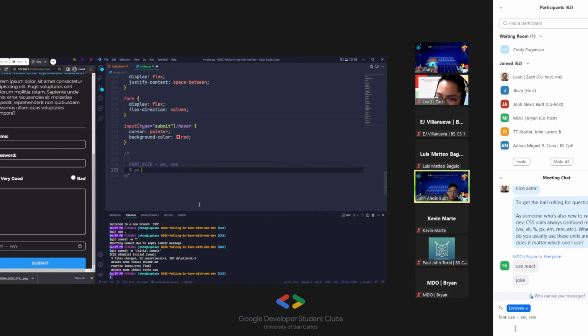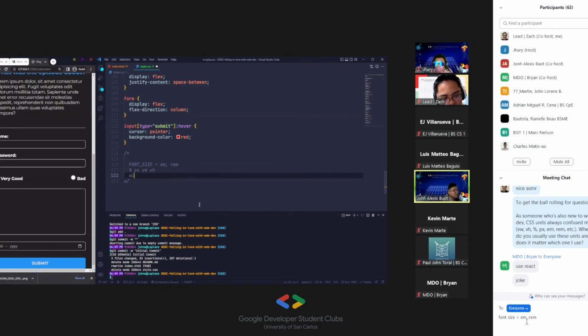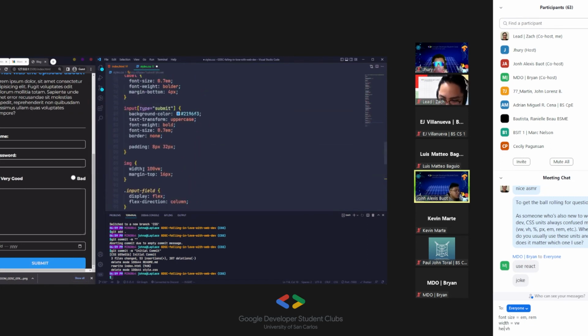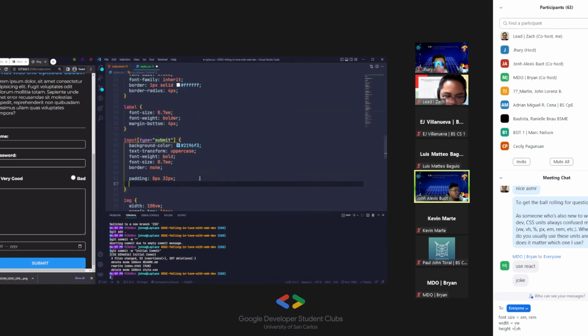So next one, we have the percentages, px, view width and view height. View width and view height, just use them for the width and the height. That's basically most of the use of view width and view height. Although for buttons, okay, I'm going to show a trick. So for inputs, for buttons, this one, let's say you want